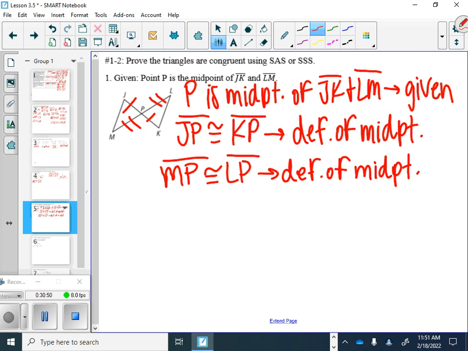Alright? So I've got two sides. Now starts the question of, is it going to be side, side, side, or side, angle, side? And I need to figure that out. Okay? So let me ask you this. If it were side, side, side,